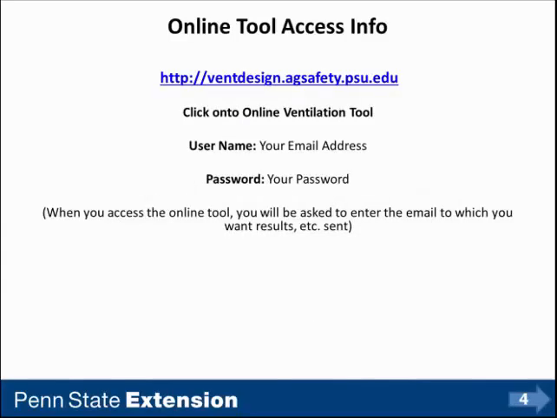The first thing we need to do is learn how to access the online tool that is the focus of this entire workshop. And the way you would do that is to access the website ventdesign.agsafety.psu.edu. And then, once you have done that, click on the button that says Online Ventilation Tool, and then